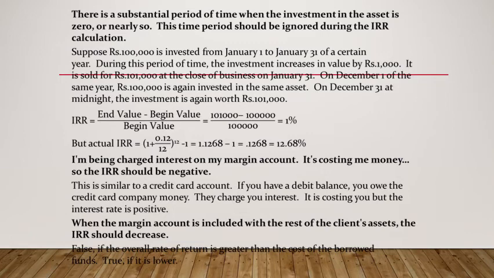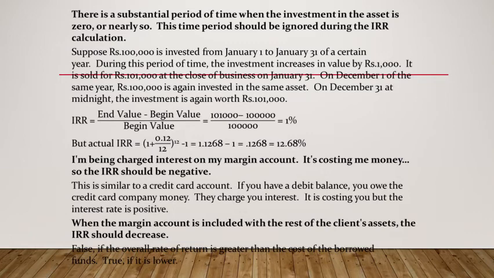Don't be under the impression that if I do not invest, the investment already invested will not earn any interest. That is wrong. That will continue to earn interest. It's not just 1%, it's actually 12.68%. It's not 1% compounded monthly or 12% nominal rate of interest. It is 12.68% because it is compounded monthly and the effective interest rate is more than the nominal interest rate, and I'm being charged interest on my marginal account.